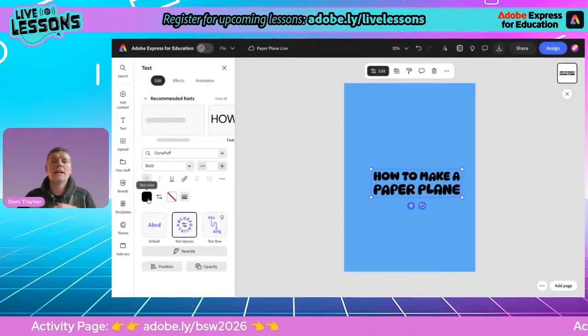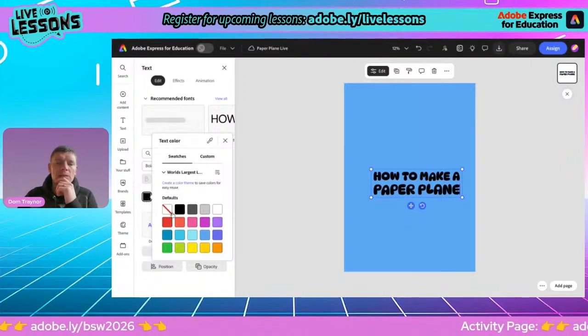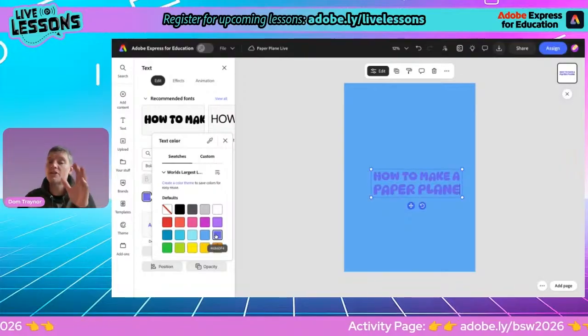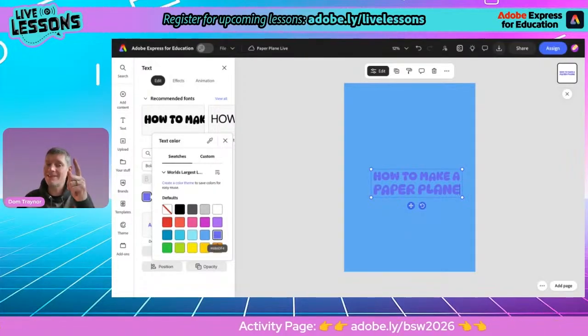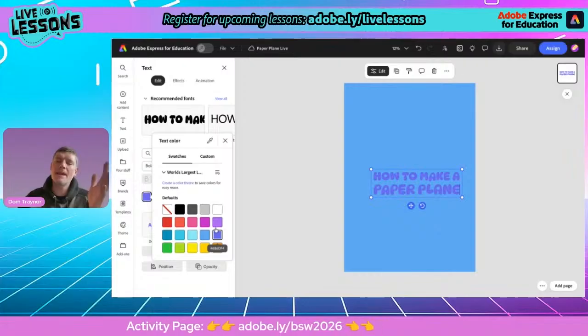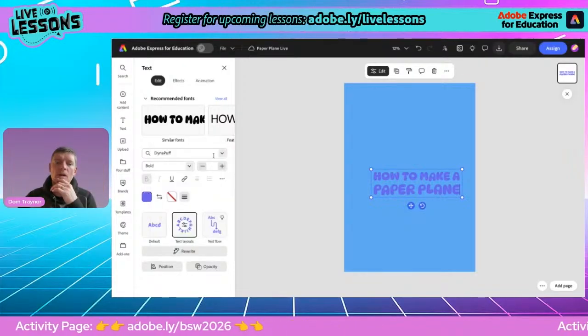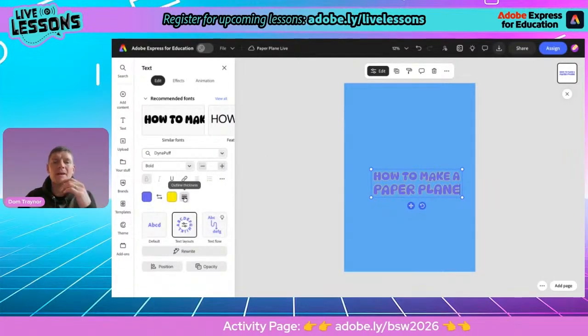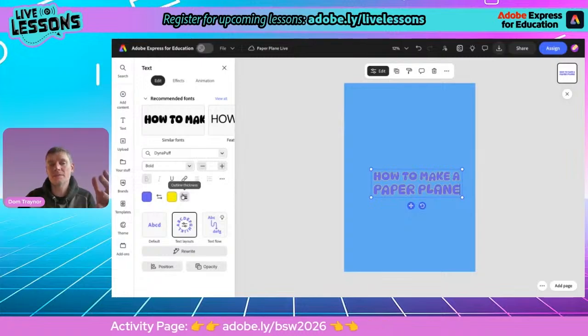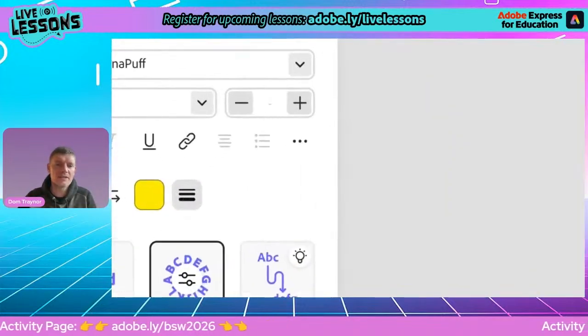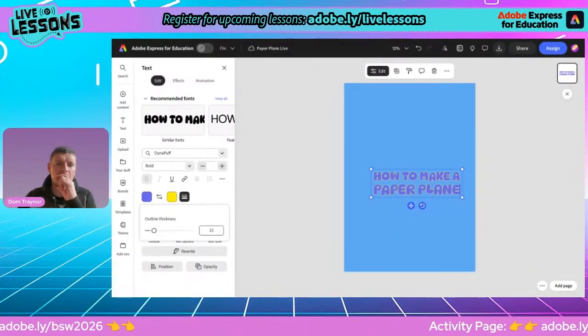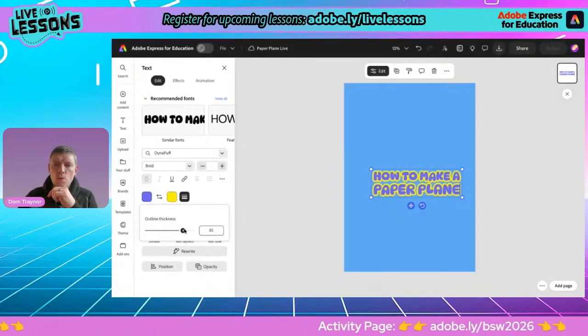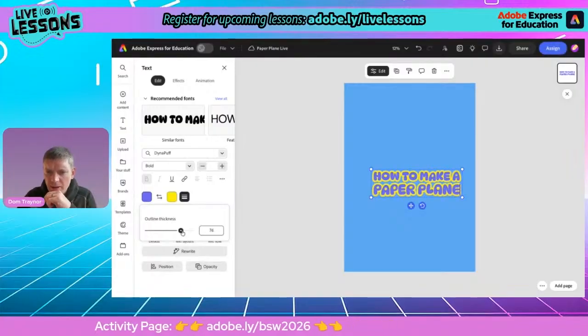Now, text color. Maybe I'll go for a purple, which does not make it stand out. But how can I make that stand out once I've chosen? Well, I can go to outline color and I'll choose a yellow. Yeah, that'll make it stand out. But I also want to make it slightly thicker, so you can see here, outline thickness, on the left-hand side there. Nice. Maybe even more. Yeah, cartoony. Round about there seems to be